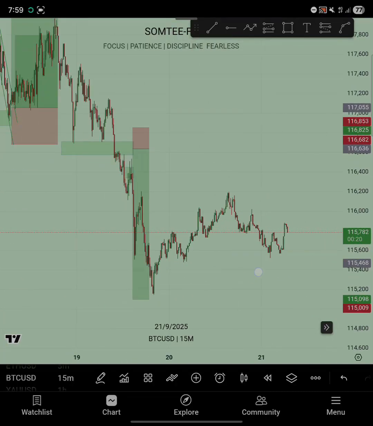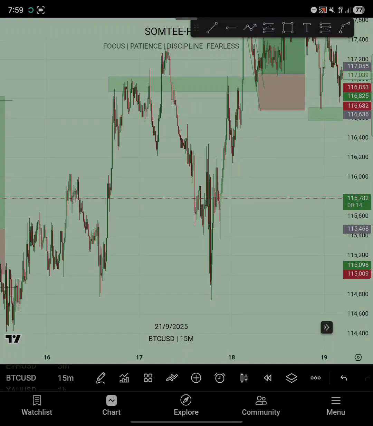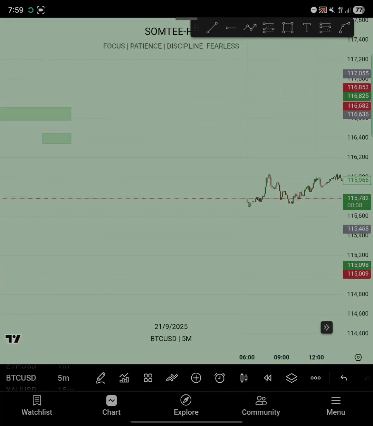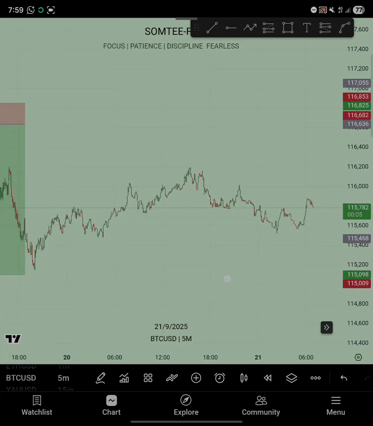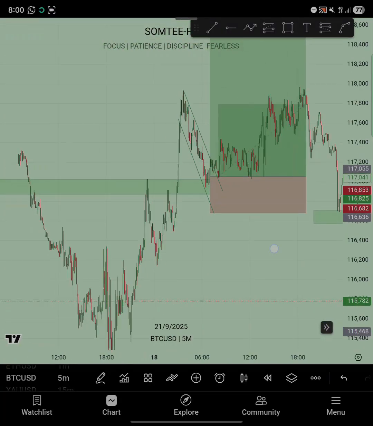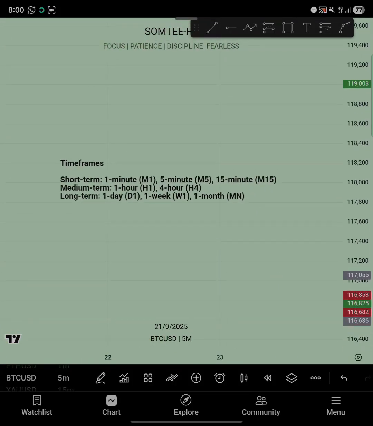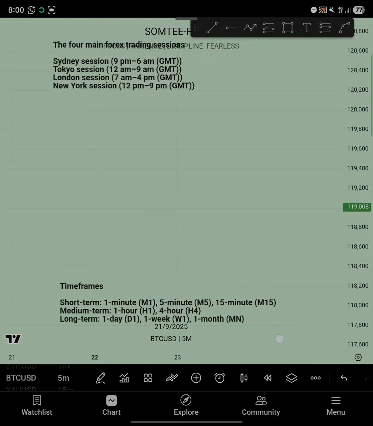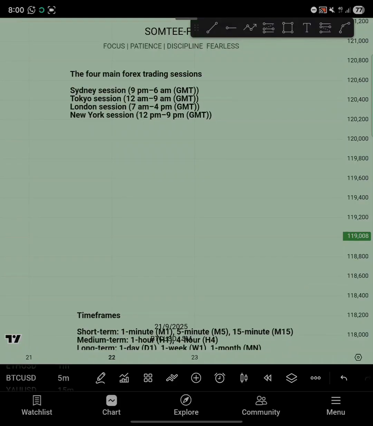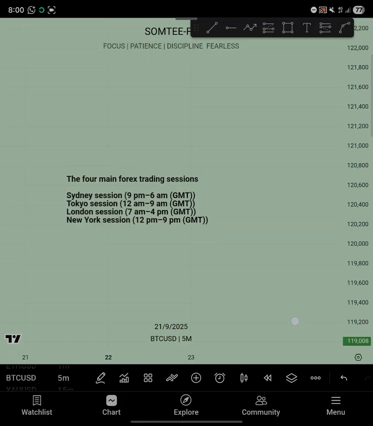So all these are things you still get to learn. I'm just explaining the time frame so that you'll be able to understand when you are going back to the market. You'll be able to understand the different time frames and also how those time frames work. This is 5 minutes time frame. So this is it for this particular lesson. I'm sure I'm able to explain the time frame and the trading sections we have. These time frame and trading sections work hand in hand. That's the reason why I am explaining both of them.